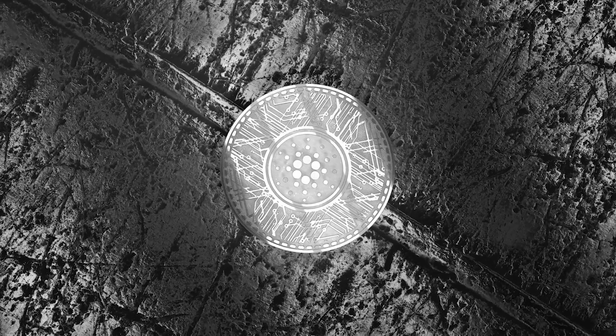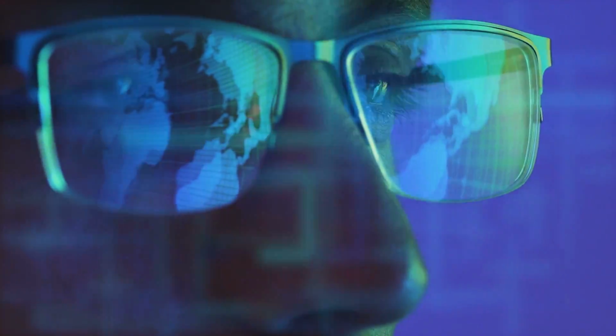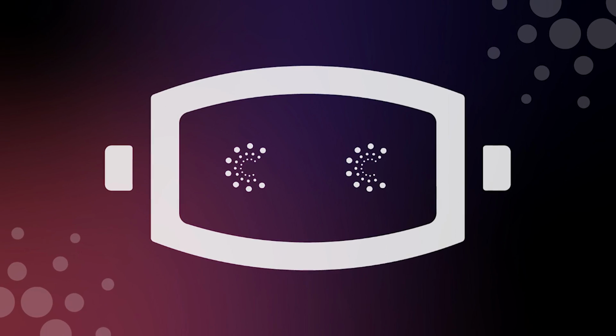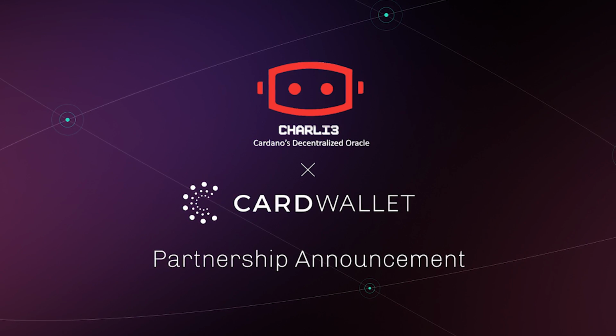We always anticipated that as Cardano matures and develops, that we'd see a wave of innovation, platforms, and technologies emerge. And it finally seems like it's coming to fruition. And we are still so early. And yet another exciting partnership was recently announced between Charli3, a native Cardano oracle, and Cardwallet, a fast emerging multi-chain